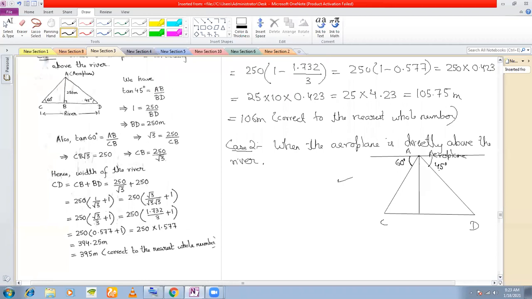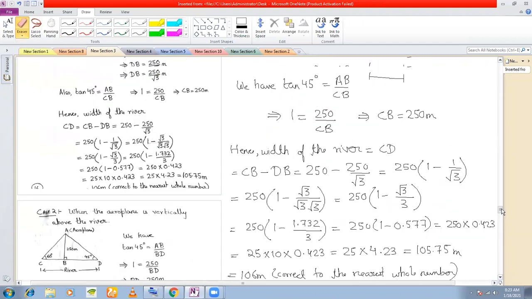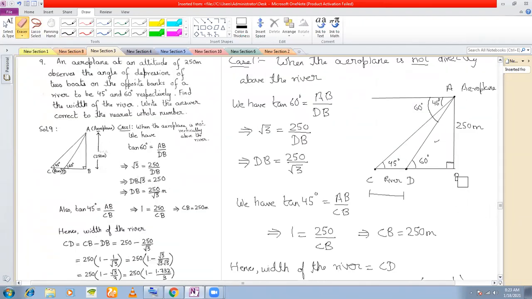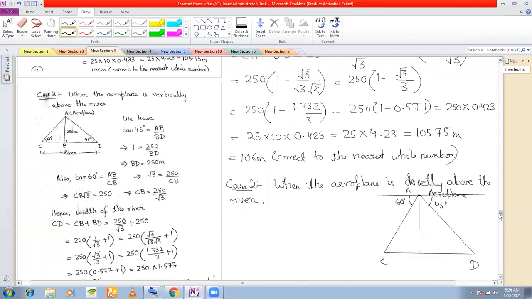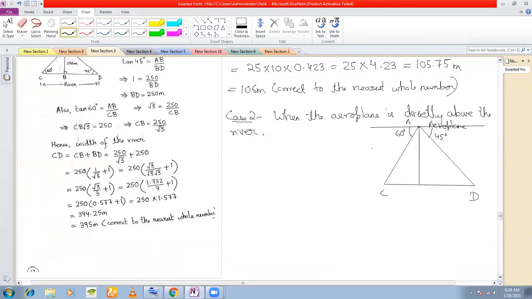In this kind of figure, there's no restriction actually on which angle of depression to take. But when they're talking about this kind of a figure and the angle of depression, you will have to be very careful with the angles. Remember always, as I told you, that the angles far away from this perpendicular will always be the smaller angle. You can remember it this way. Okay. So this is 60 degree and 45 degree.